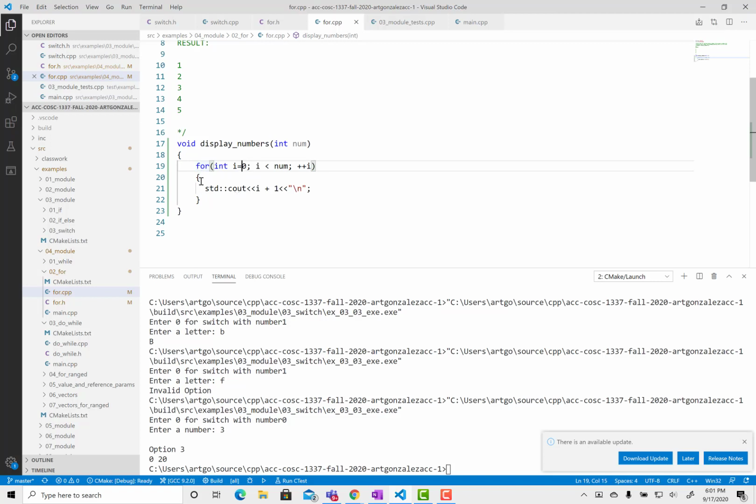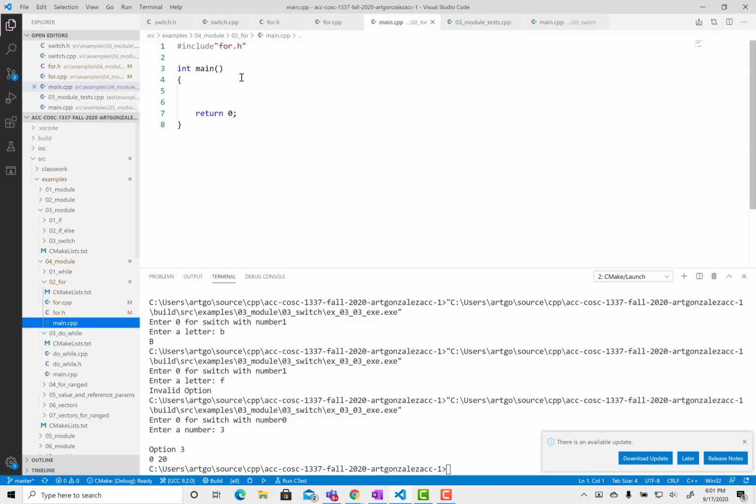So again, we cannot test this function. This function will simply display numbers, so we don't have a test case for this, but we can call it in main. So we go here, for.h is there, and